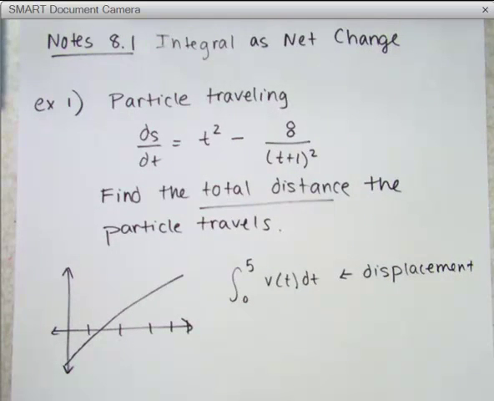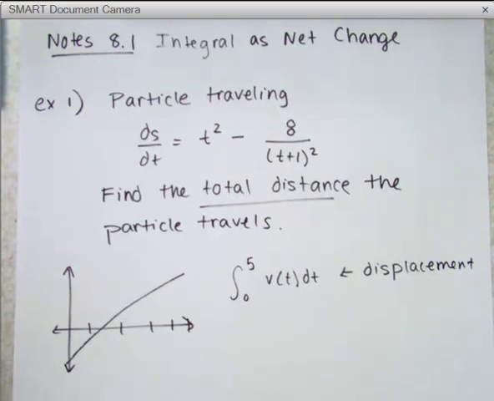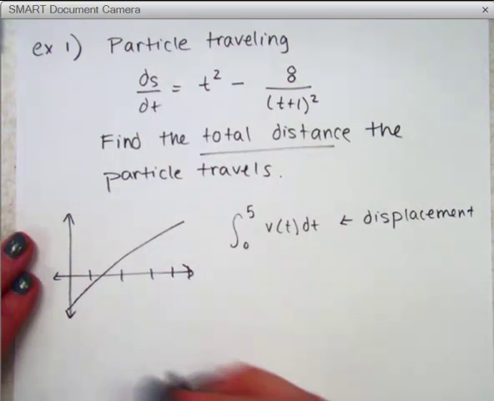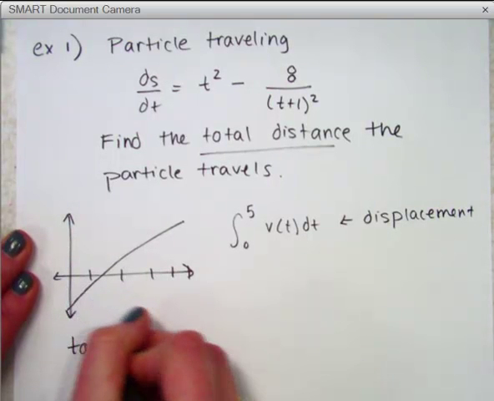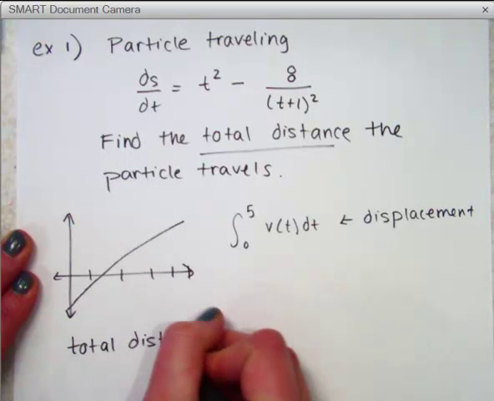But to find the total distance, this is where I need to use absolute value. So we're going to do the integral setup. We're not actually going to solve the integral, but we'll show how to set that up, and then we'll show how to find this on your calculator. To find the total distance traveled,